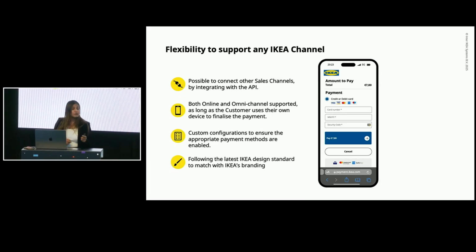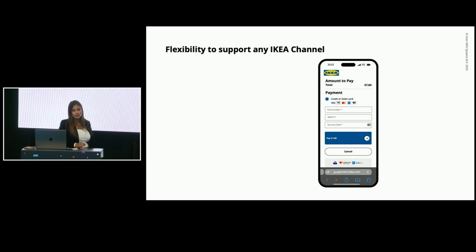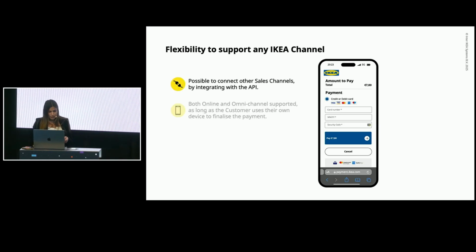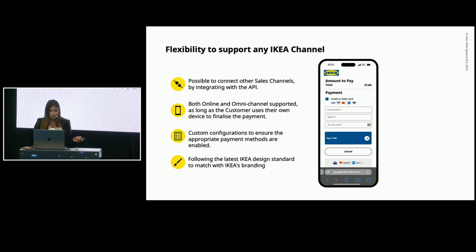So first, it will be really easy to connect to other IKEA sales channels by just integrating with a single API. So you just need to connect to our API, onboard to the hosted payment page, and then we will take care of the rest. So you don't have to do anything. We will send some kind of events to you when the payment has been done or failed, and then, yes, it will be done. The next one is that it will support both online and omni-channel,